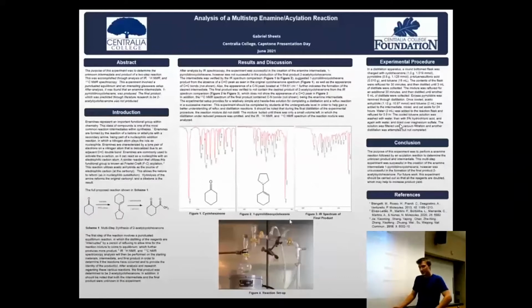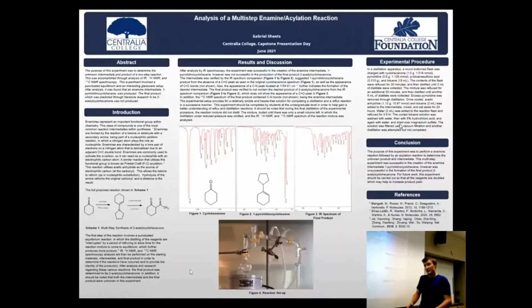Going to conclusions, I really enjoyed this experiment, as I felt it really helped me understand more about distillation and reflux reactions. One piece of future work that I would do would be to double the starting materials, because what I found was I got really low yield going on to the second reaction part, which